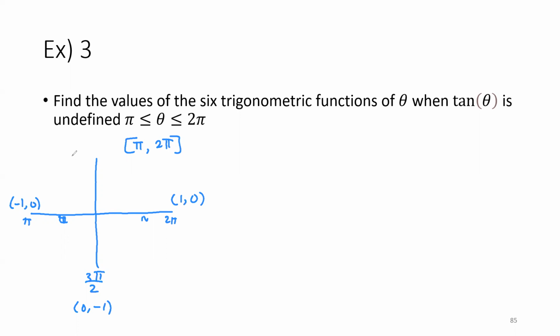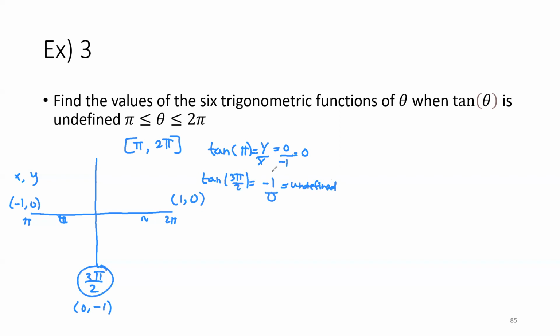So where is tan undefined? So let's try pi. What is the tangent of pi? It's basically y over x. So that's 0 over -1, which is 0. So that's not going to work because we want undefined. What about the tan of 3 pi over 2? That is y over x, so that's -1 over 0, which is undefined. Okay, so that would be undefined. So it's going to be 3 pi over 2. So let's find